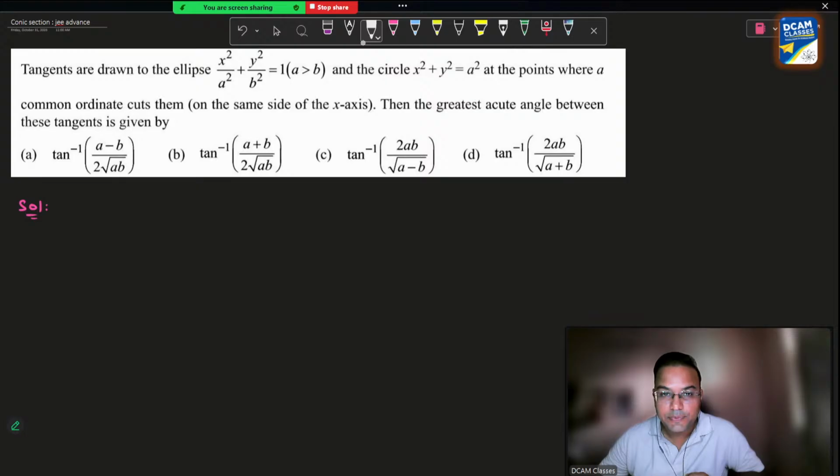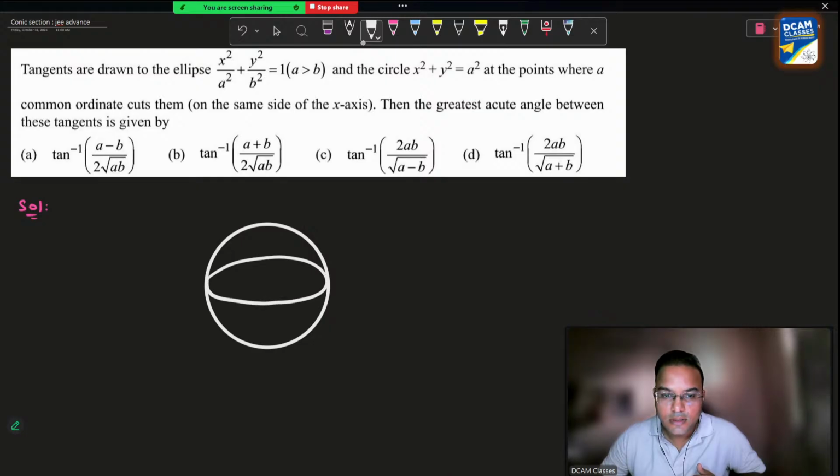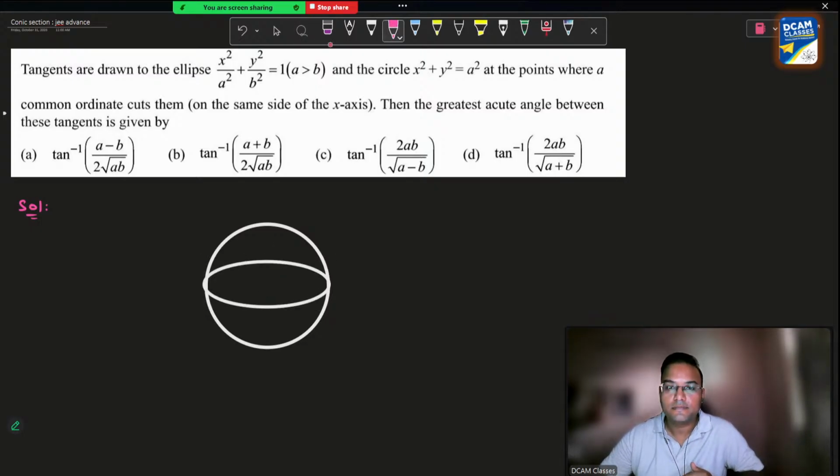Tangents are drawn to the ellipse and a circle at the points. That means if this is our circle and this is our ellipse, this is circle, this is ellipse, a common ordinate cuts them at the points where